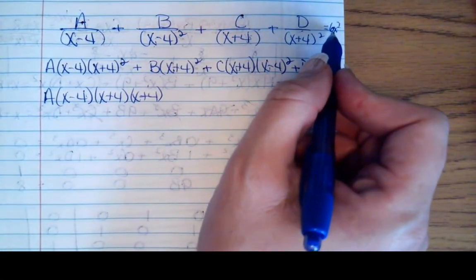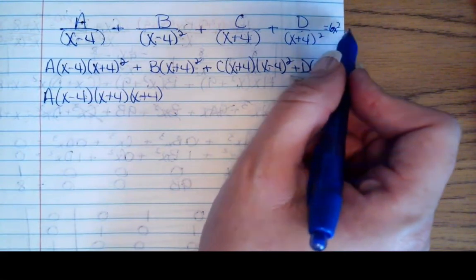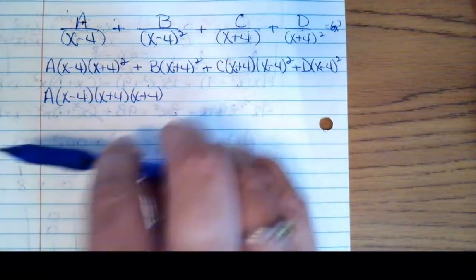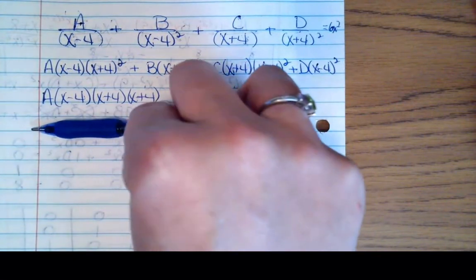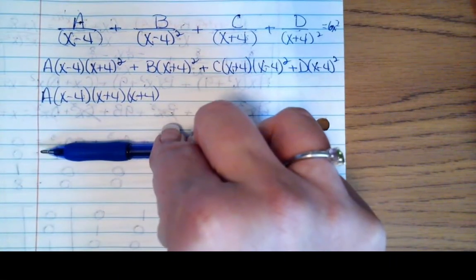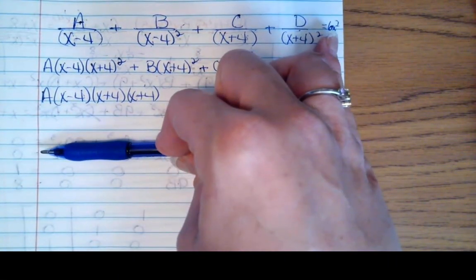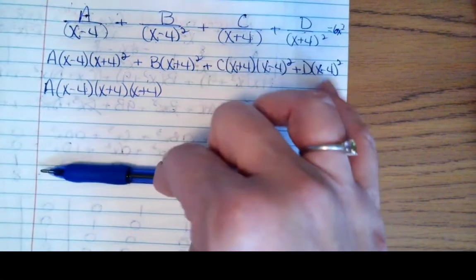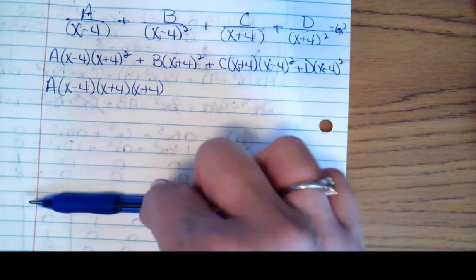The only thing you're going to have equal will be a 6x squared. So you're going to generate an x to the third row, which will be equal to 0. You'll generate an x squared row, which will be equal to 6. And then an x to the first row, which is equal to 0, and a constant row, which is equal to 0. All right, so that, my friends, is